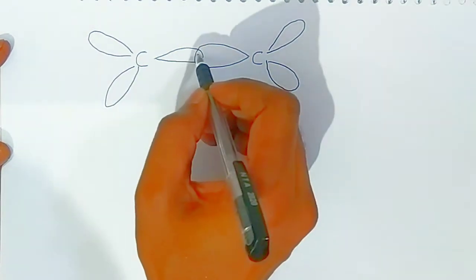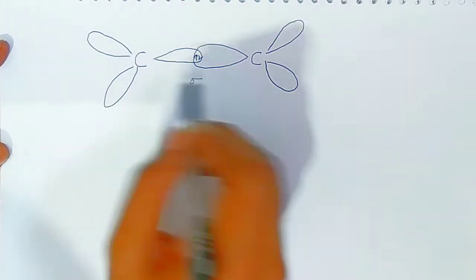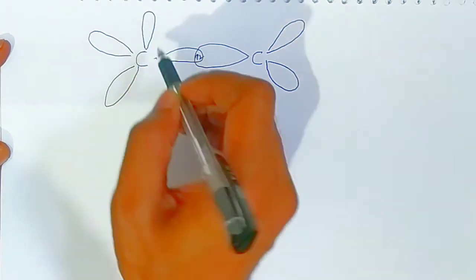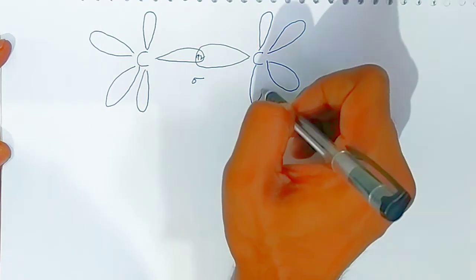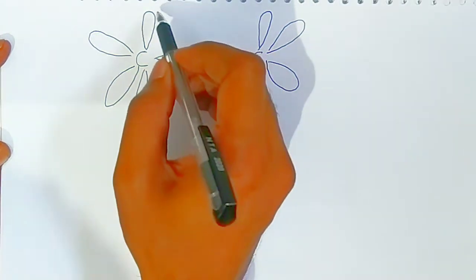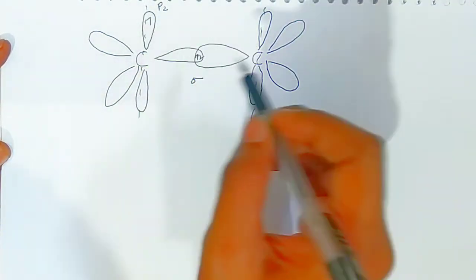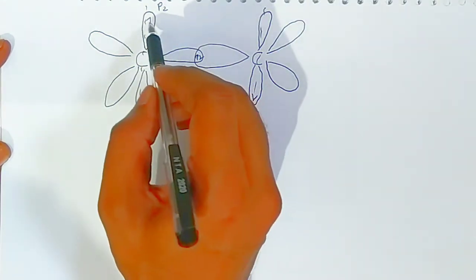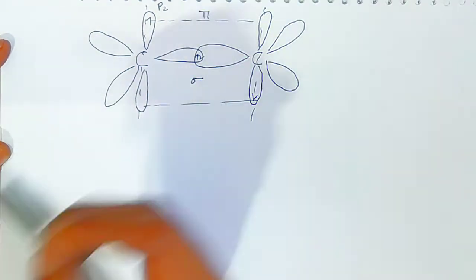Okay students, the unpaired electrons will now form the sigma bond, the carbon-carbon sigma bond, one sigma bond. Now what happens, students, there are pure pz orbitals here, which I have drawn on the axis. Each contains one unpaired electron, one on top and one below. That means the electron cloud will form only one bond. This electron cloud will form the pi bond.